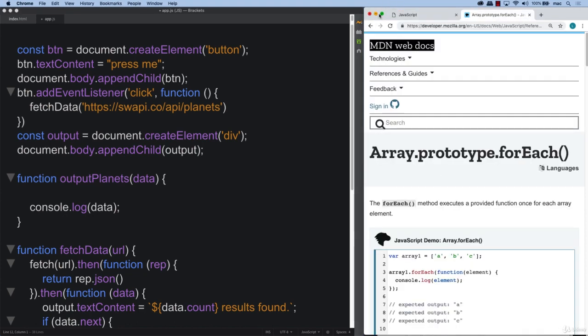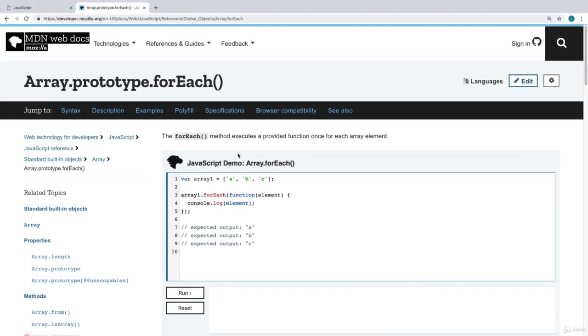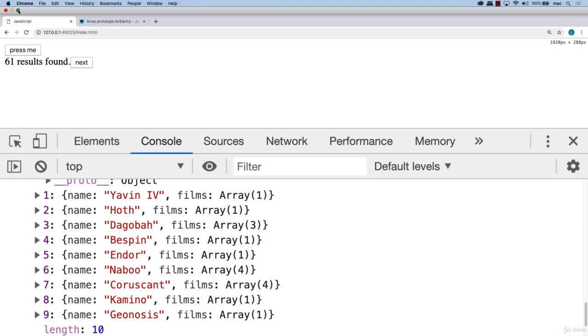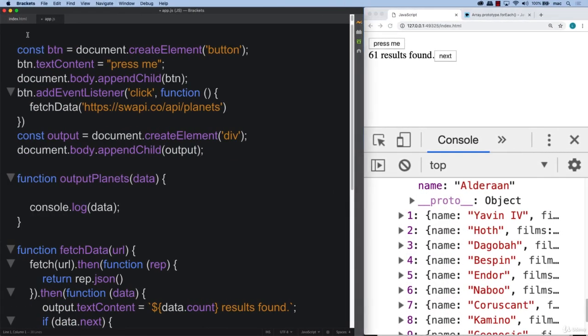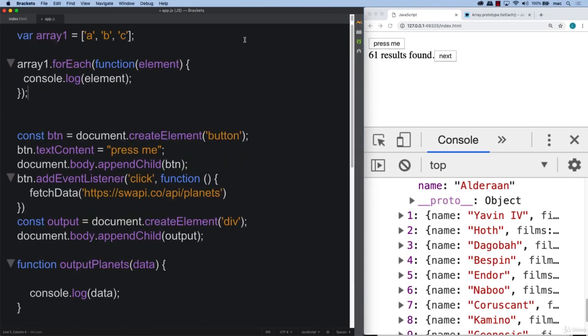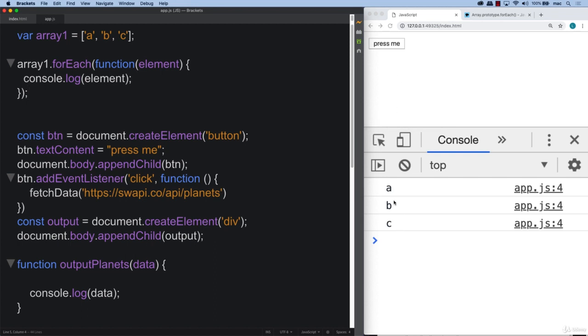So this is another array prototype, and this is the array prototype for each, and what it does is it allows you to loop through each one of the provided elements of a function and output their contents. So really relatively straightforward. I can copy and paste that, and I can do a quick demo of how that's going to work. So when we paste that in here and we refresh, we see we get A, B, C,